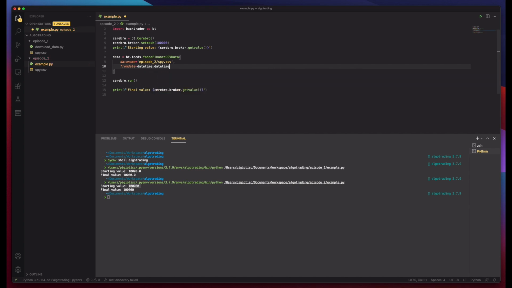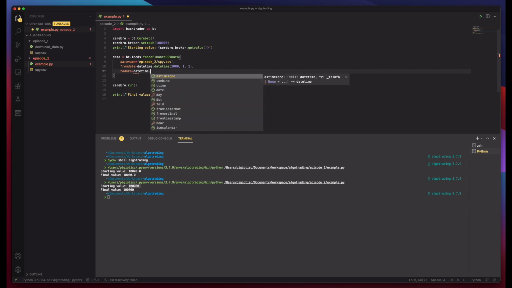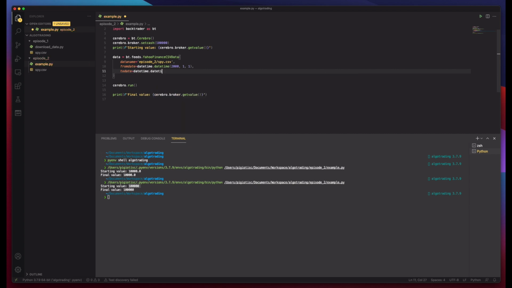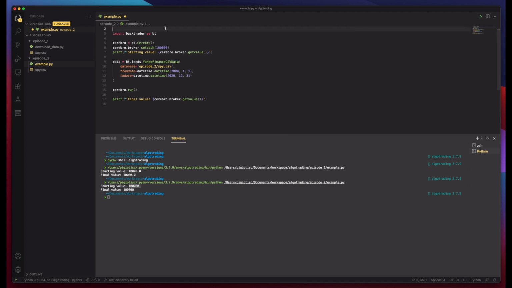datetime, and here we can say 2000 January 1st, and the to date will be datetime again, datetime 2020 December 31st, and we have to import datetime as well. So here we can do import datetime,